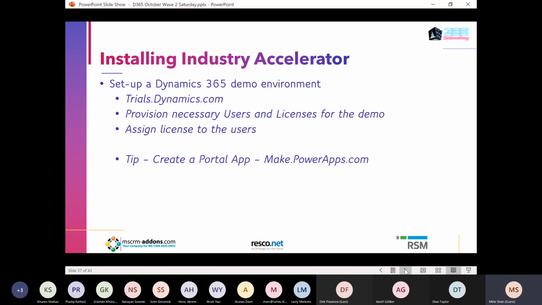trials.dynamics.com or the Power Platform website, and you can create a trial demo environment for Dynamics 365. You need to provision the necessary users and licenses for the demo. So if you need Power BI, you can have a 30-day trial Power BI license along with it. You can also assign, make sure to assign licenses to the users who are going to be using this demo